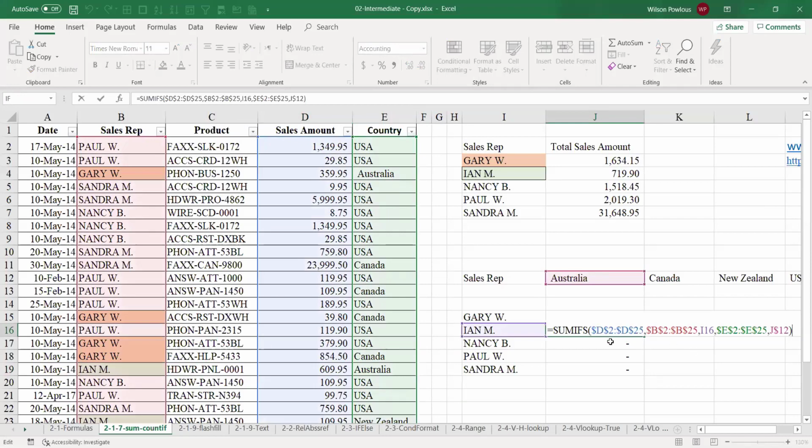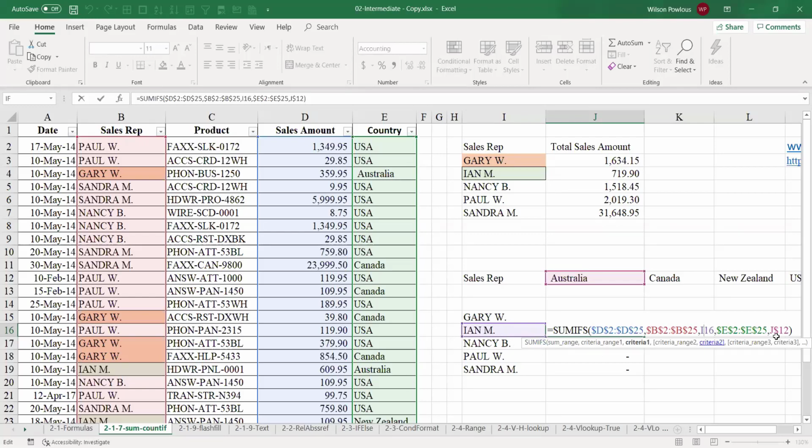So if I look at the formula, what it is doing is we are summing this D column. D column is the sales amount. And this is criteria range 1. Criteria range 1 is we are looking at the sales rep. And range is in this column, B column. This is here, B2 to B25. And this is criteria 1.